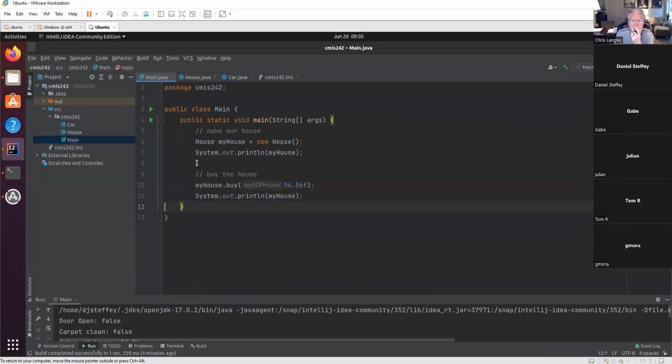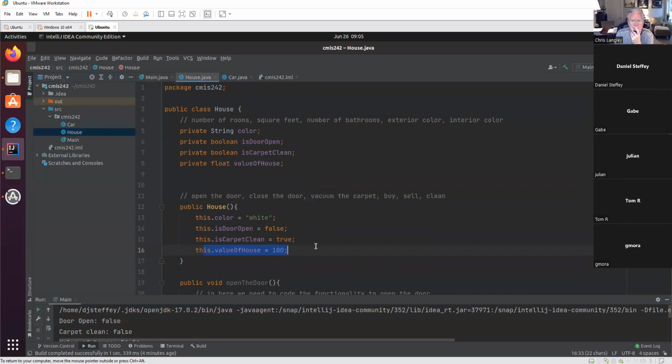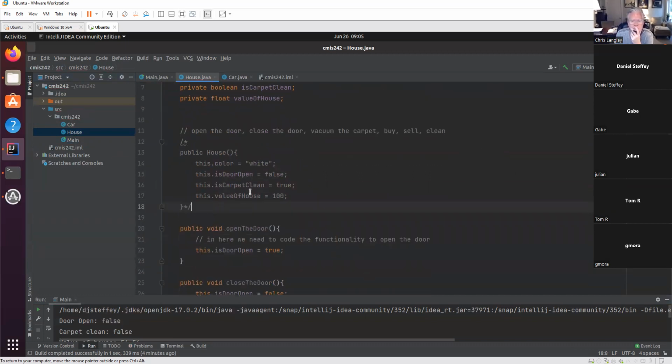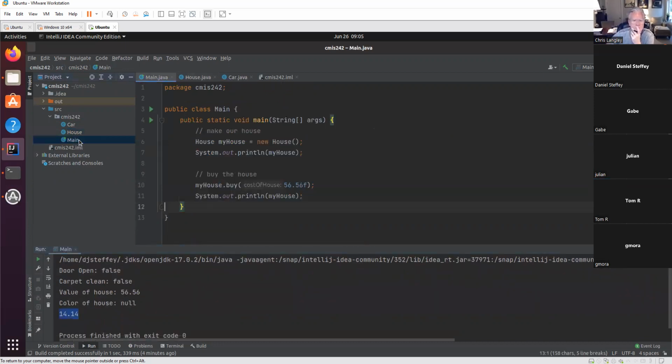So here will be my example using this. Like I said, this is the house. I'm going to comment it out, meaning whenever I do this, it's like this code isn't even there. It doesn't get executed at all. So let's see what happens if we don't have this constructor. If we look in our main, here we're making the house and we're printing the house. We're going to buy it and then print it again. If we run it,